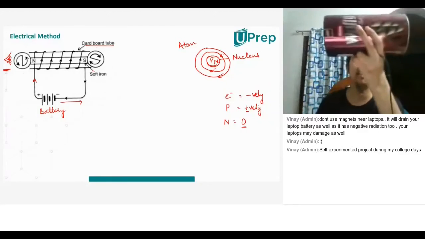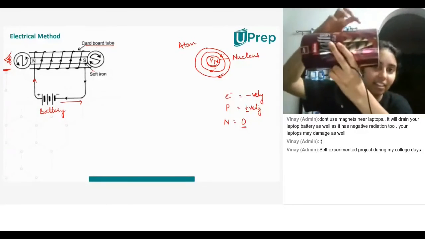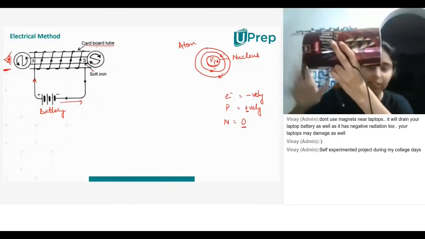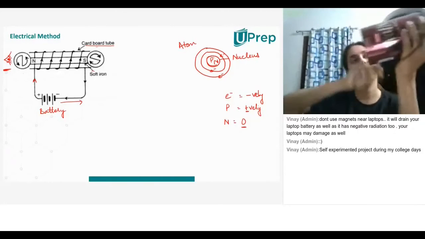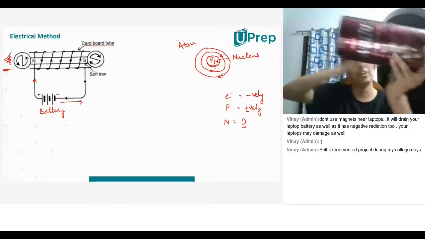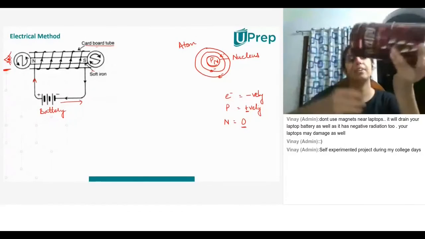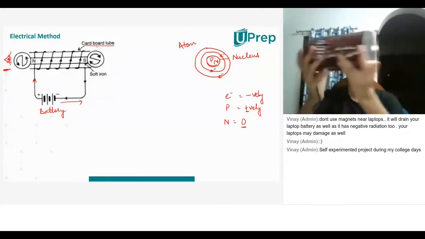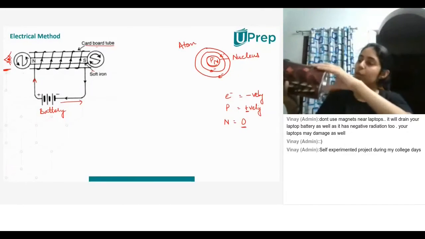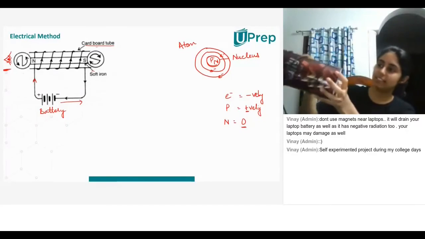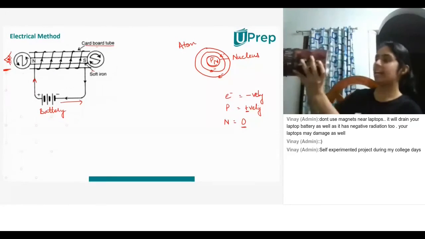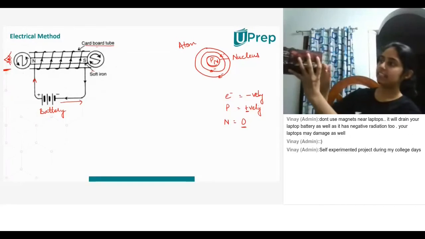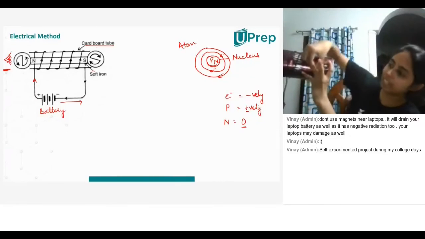Okay. Inside this cardboard tube, we have a soft iron. And outside this, I have wrapped copper wire around. All right. So I have copper wire wrapped around on the outside. Now I am looking at the copper wire from this side. So from this side, I notice that the current is flowing like this.